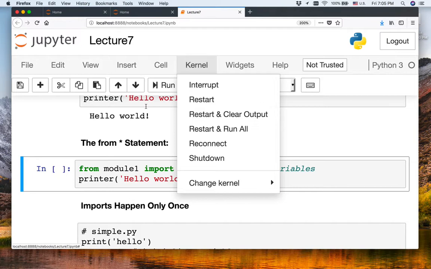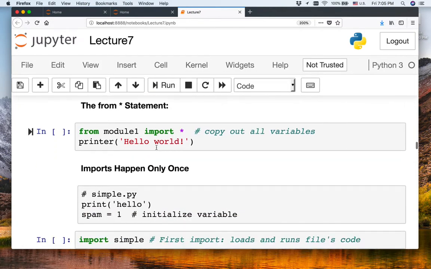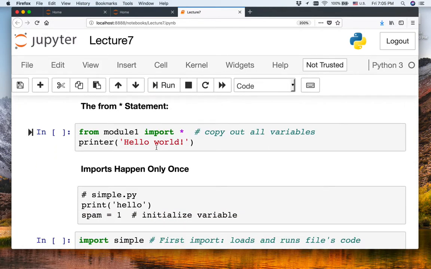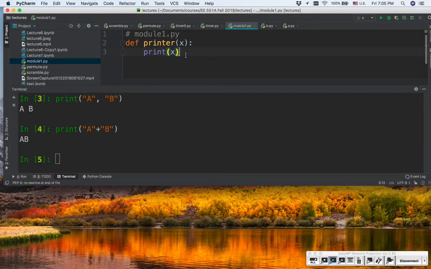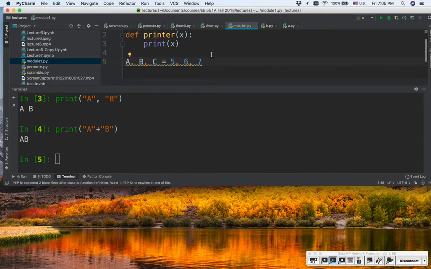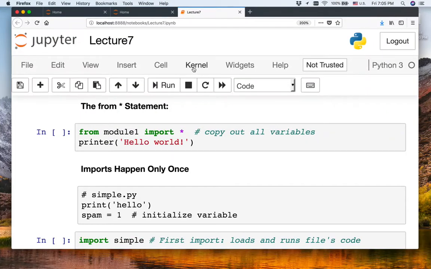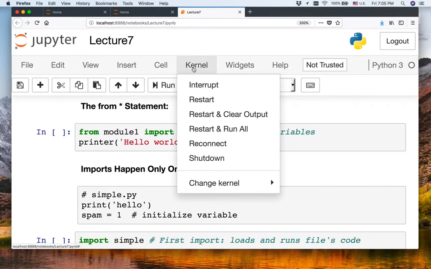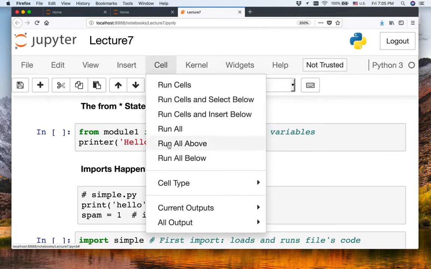Wait, so the star knows the functions you're trying to use, and then it imports the corresponding modules? Yeah. So let's do this. Let's say A, B, C, 5, 6, 7. Okay, so this is my module1.py, and I don't want to show the reload yet, so let's first